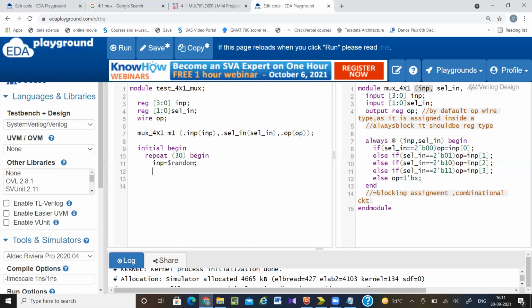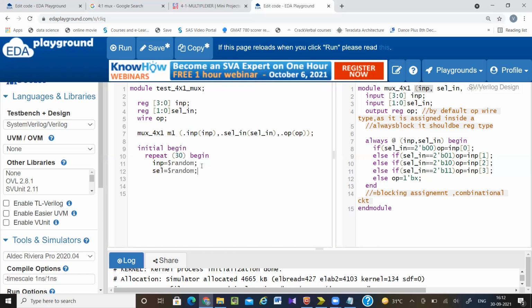This $random is like an inbuilt system task. It is used to generate a 32-bit signed random value. So totally a 32-bit random value will be generated, but as my input is 4-bit, only 4 bits will be assigned. Similarly, select line is also equal to $random.